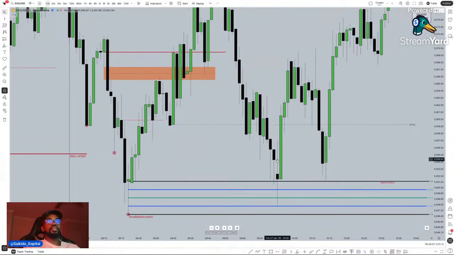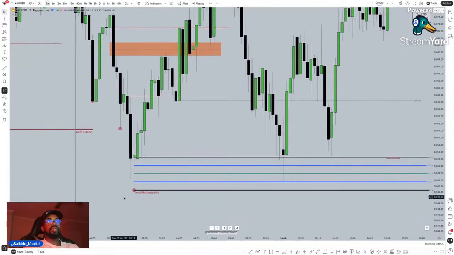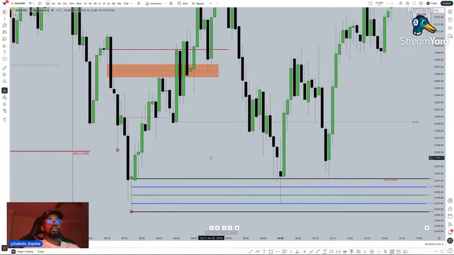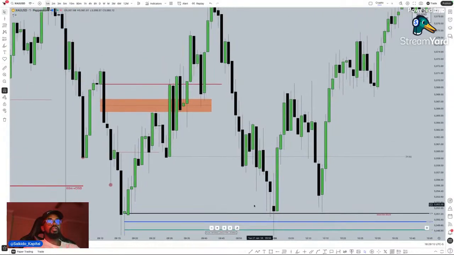And they price in that deep discount, almost taking out the swing low, the invalidation point here. But they respect that lower quadrant. Actually, the candles stay at the opening, which is the rejection block. And then after this happens, after 10 o'clock, silver bullet hour, they put in a new change in the state